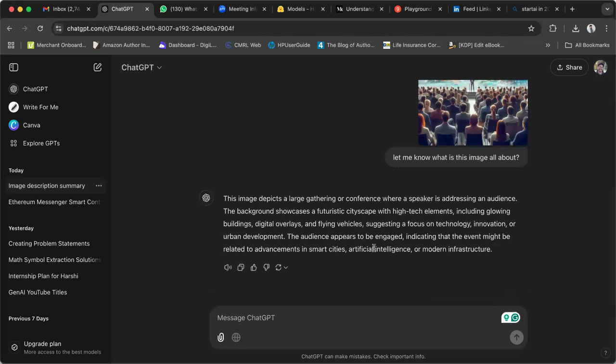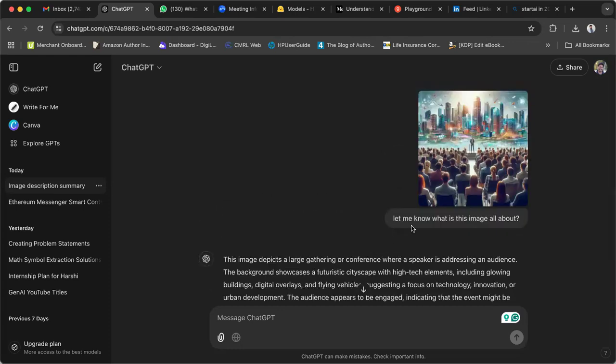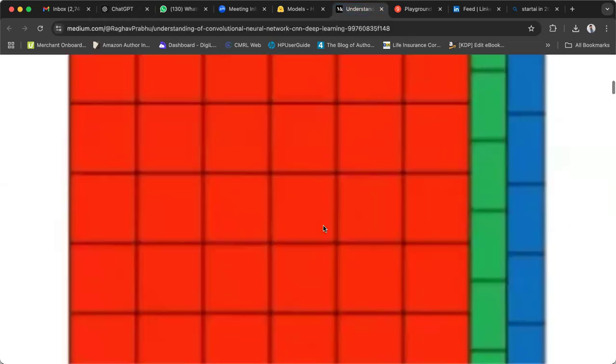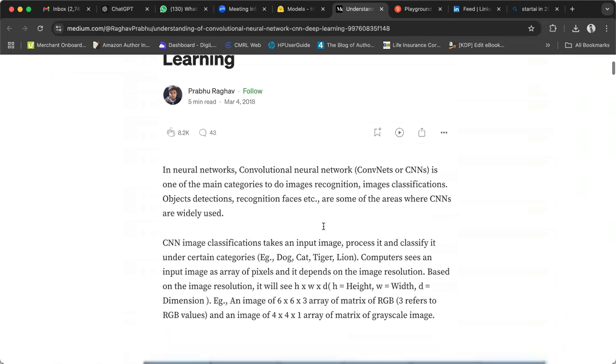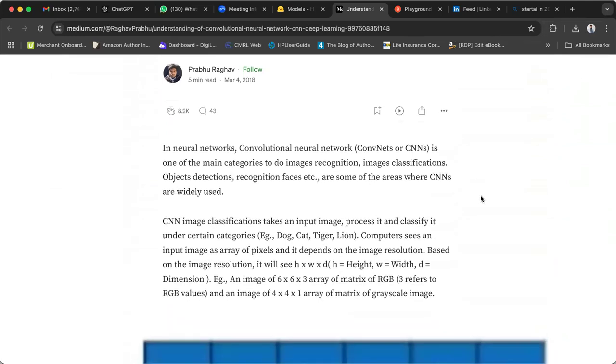That is how CNN starts. That is called a convolved image; convolved in the sense that it is analyzing block by block. In neural networks, a convolutional neural network is one of the main categories for image recognition, image classification, object detection, and recognition phases. These are some of the areas where CNNs are widely used.